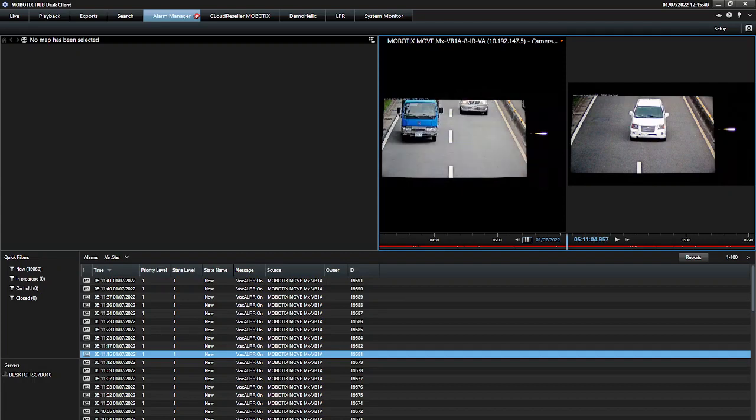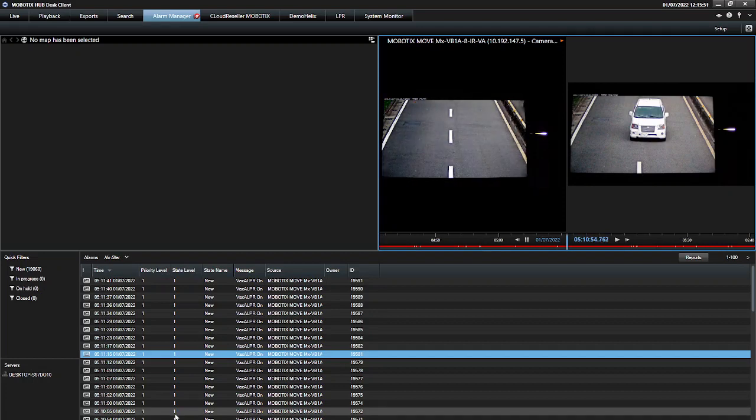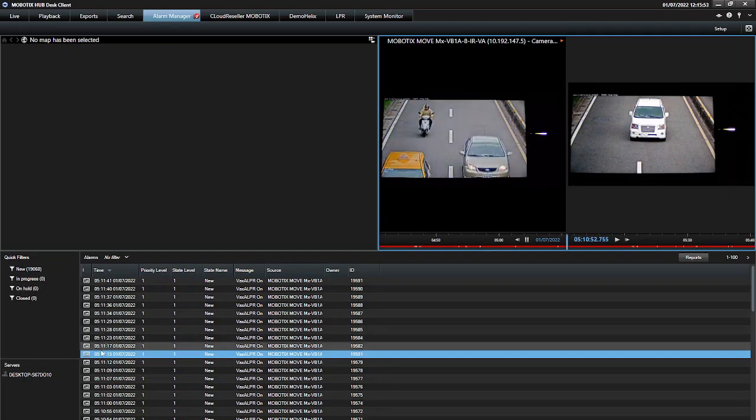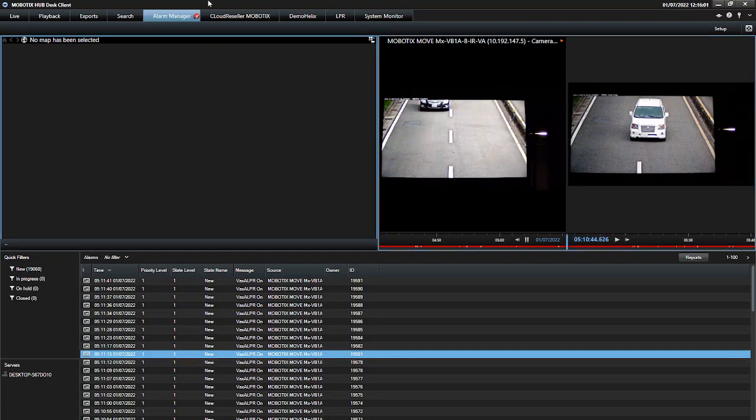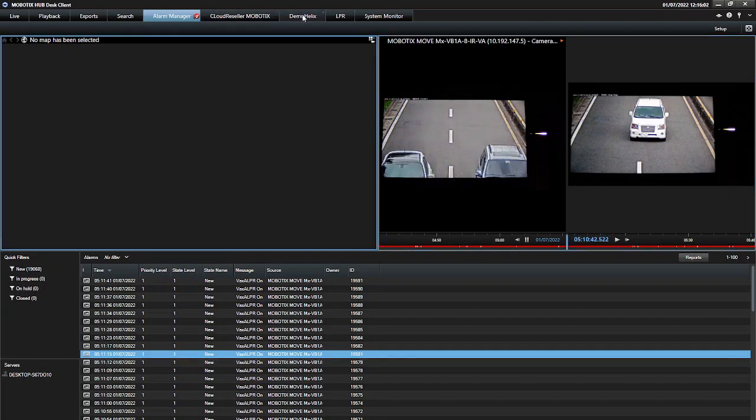How to configure that is a job that needs to be done by the administrator in the management client, but this we will show in the last session of that workshop. So this is about the alarm manager. The user can access the different alarms, and the administrator can define what is an alarm and should be processed by the operator. Another topic which we have integrated in the plugin was the